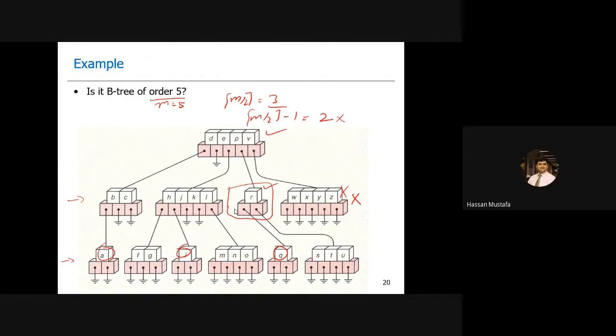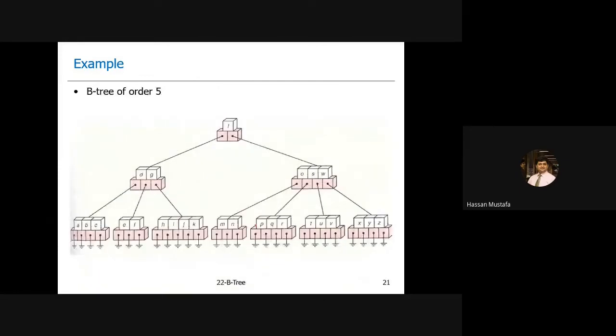Now we'll see a few more trees that are actually B trees. You see this tree, if it's of order 5, we just discussed that all the nodes except for the root should have at least 3 children and two keys. For the root, we can have one key and two children, which is fine. All the other nodes have at least two keys, right? And if they have two keys, then they have at least three children. So for these two keys, there are three children. For these three keys, we have four children. And all the leaf nodes are on the last level. So this is a valid five-way B tree.